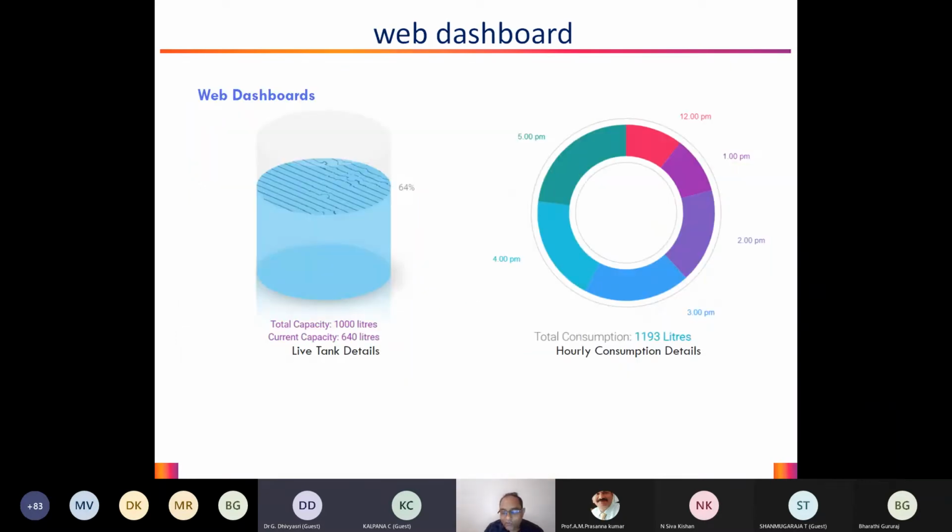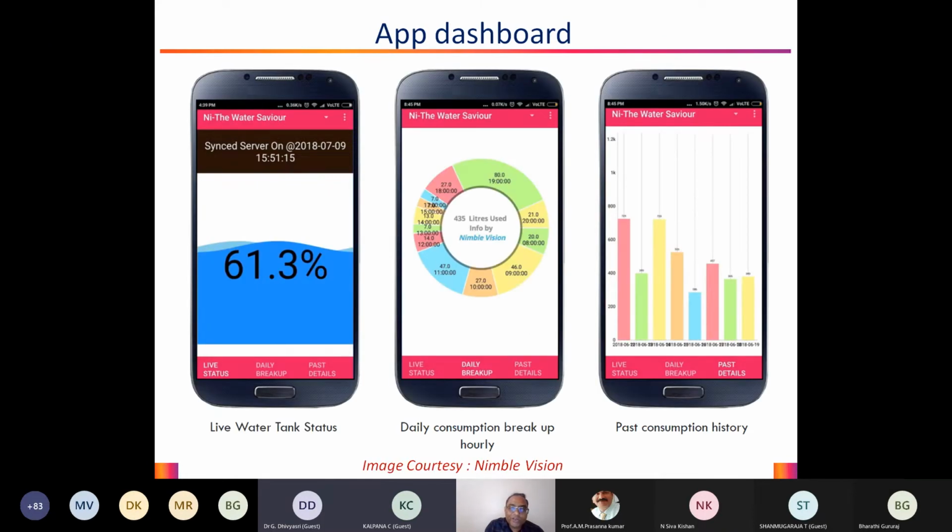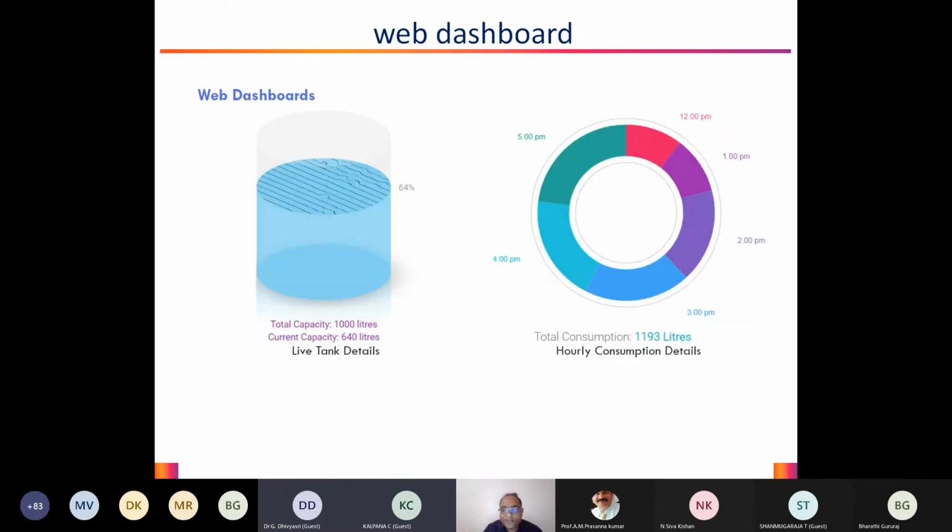And it does come in both versions, the website version as well as the app version. You can either see it on the website, or you can always see it on your cell phone, right? So these are the small innovative things that might possibly get into Industry 4.0, where they see wider applications.